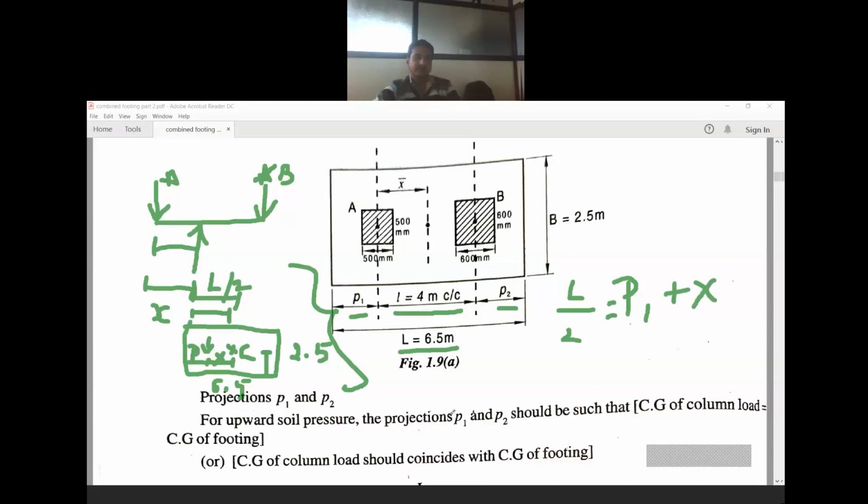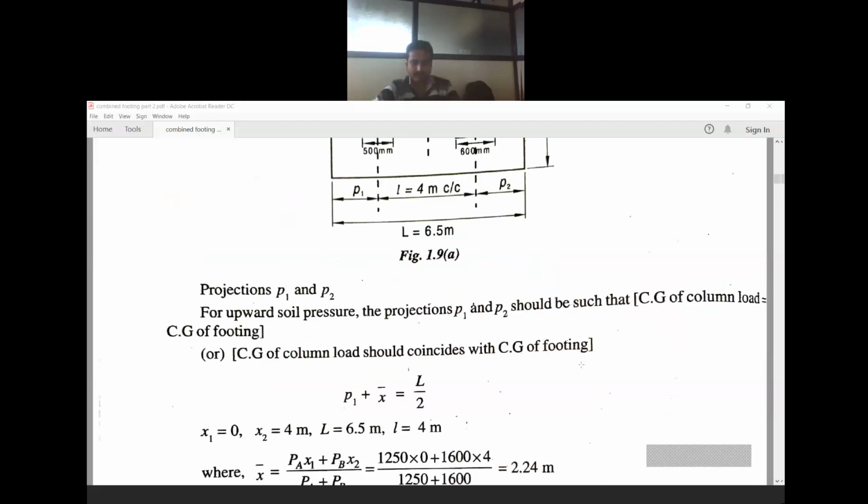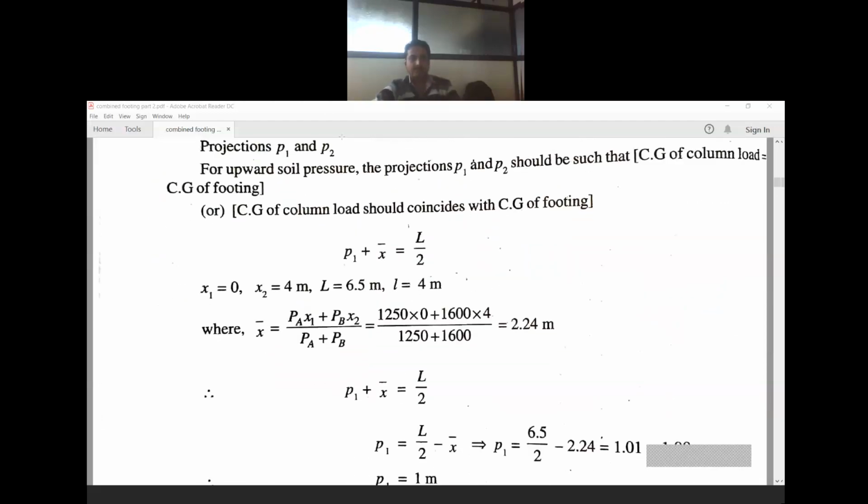So from this concept, we will be able to calculate P1. First, we shall see how x is calculated. The same concept, L by 2 plus